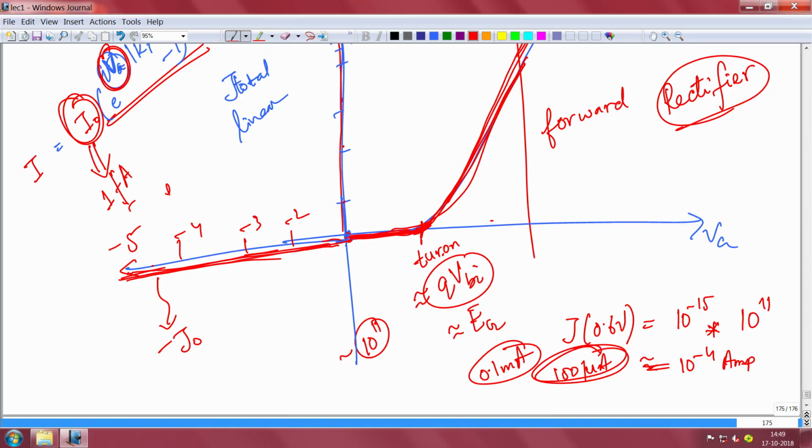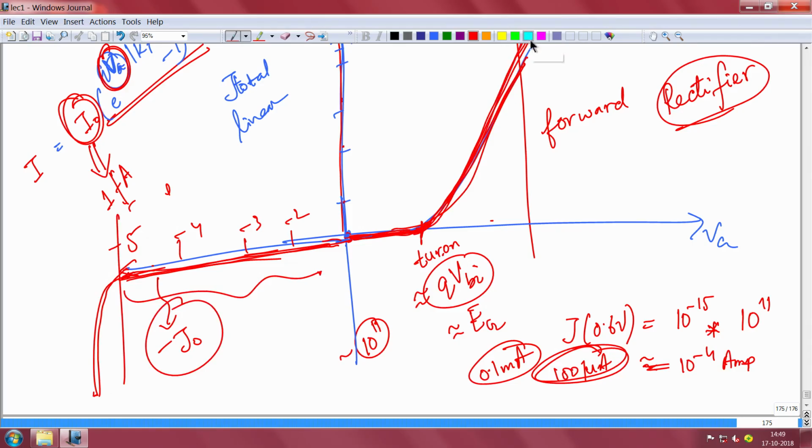At very large voltage the diode will break down like this. We will come to the breakdown in one of the next classes, maybe next to next class or so. The diode will break down eventually at high voltage, that is a different phenomenon, but until that point your current is very low, it is given by minus J naught, like picoamp or femtoamp. On the other side this current can be very large like milliamp or amp. So, essentially you are able to rectify this, that is why a PN junction diode is called a rectifier.